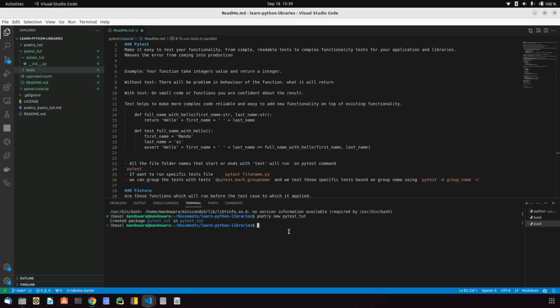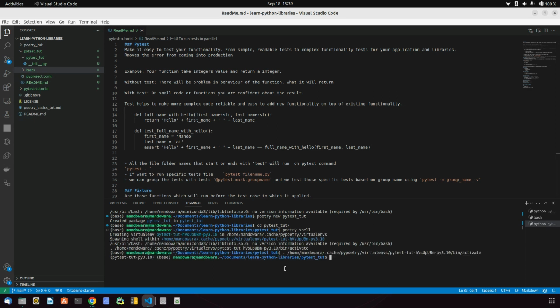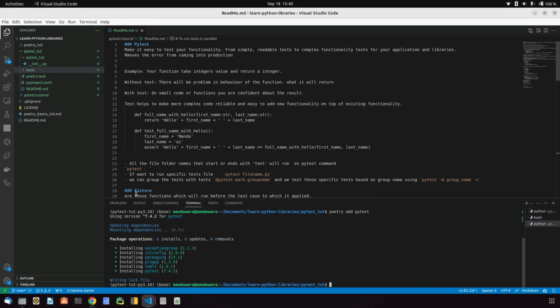So let's go inside that. To go in, let's go to your folder repository pytest tut, and there type poetry shell to activate your environment. And to add pytest to poetry, use poetry add pytest, and it will add pytest to your poetry. Once we have done that, let's create